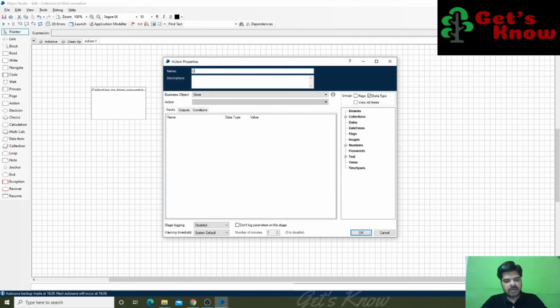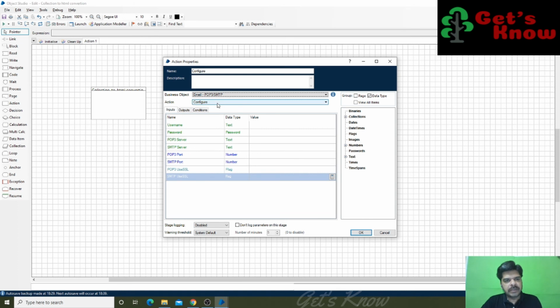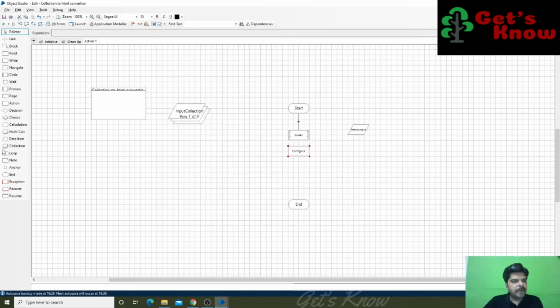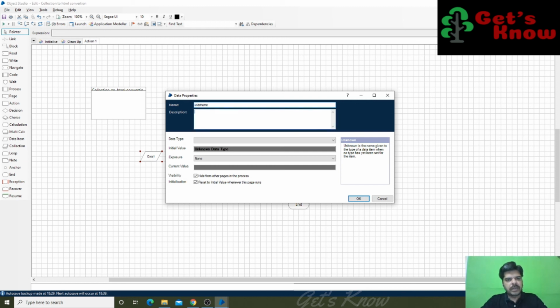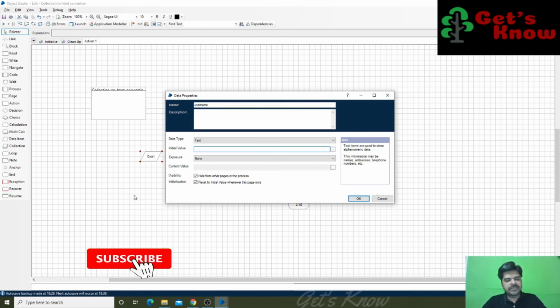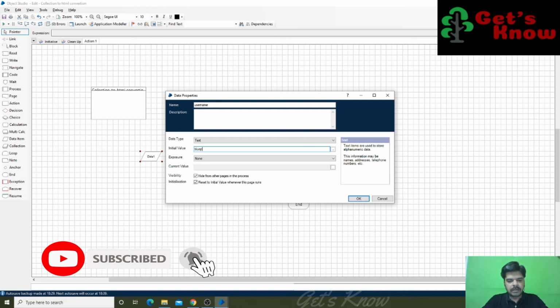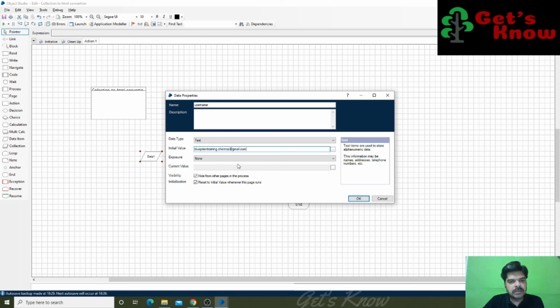Here this is for configure email POP3 SMTP configure. So I'm going to use this data item for the username purpose. It's going to be text format, and Blue Prism training.chennai@gmail.com. This is the mail ID I'm going to use for sending mail.